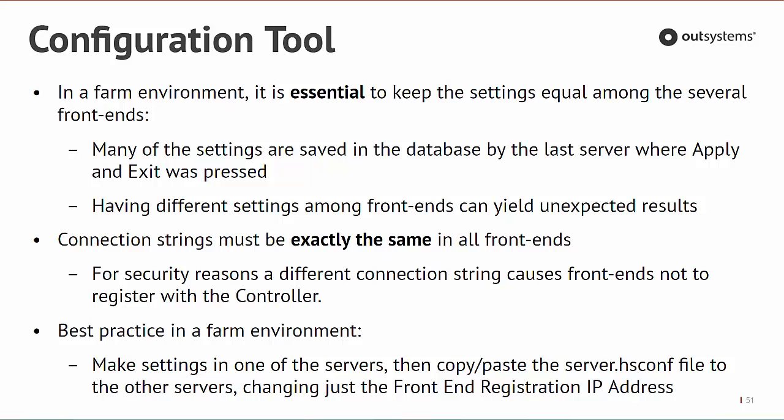Okay, so in a farm environment, best practice is to make the settings in one server, copy paste the configuration file, so server.hsconf, to the other servers, changing just the front end registration IP address if needed. Okay, and keeping everything else. So make sure that you have the correct configurations in the first server, and then just copy that, making sure that you don't have any of these